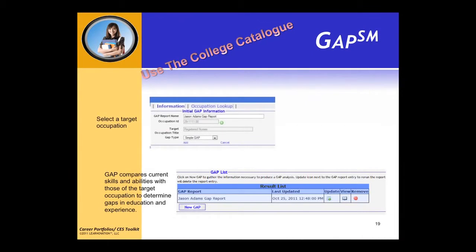The next screen: selecting a target occupation, and then it also talks about using the college catalog. One thing I want you to be aware of, Eastern's complete graduate and undergraduate catalog. Anna was able to get, must have worked very fast this week, all of the degrees, all of the courses, all the curriculums in this tool so that you will be able to identify that.